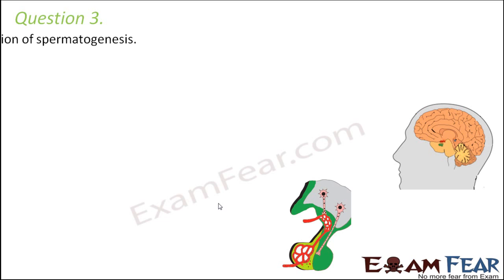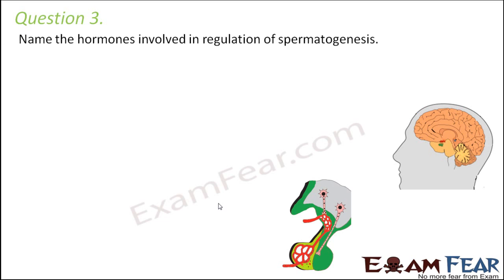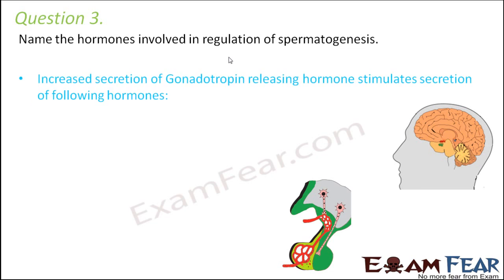Question number 3. Name the hormones involved in regulation of spermatogenesis. So what are the hormones which actually regulate the process of sperm formation? Now, there are quite a few hormones involved in this process, but the main control is with the hypothalamus. It releases gonadotropin releasing hormone, that is GnRH, and when this hormone is released, it stimulates